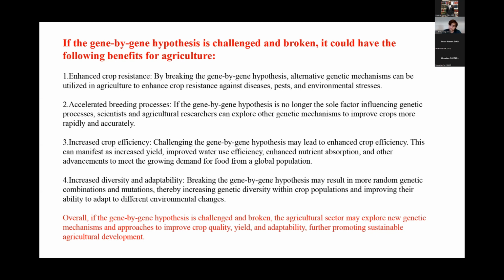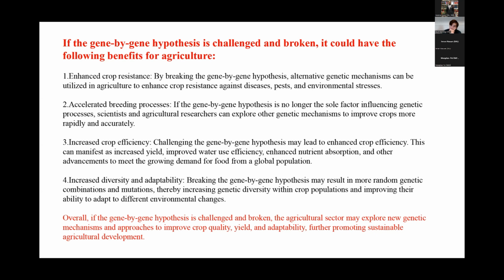And the three, increase the crop efficiency. Challenging the gene-for-gene hypothesis may lead to enhanced crop efficiency. This can manifest as increased yield, improved water use efficiency, enhanced nutrient absorption, and other advancements to meet the growing demand for food from the global population, and therefore increase the diversity and